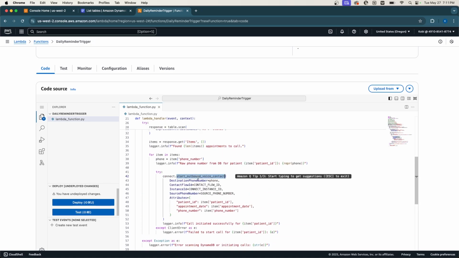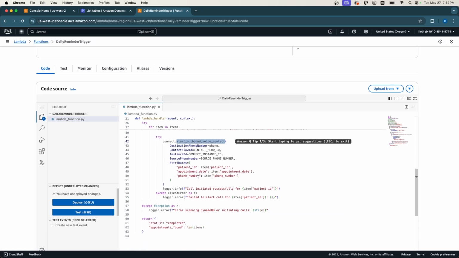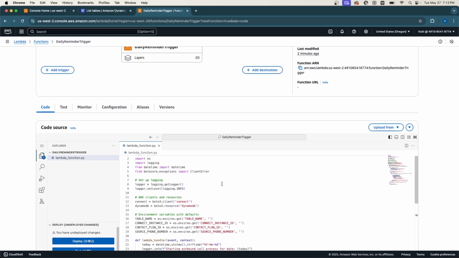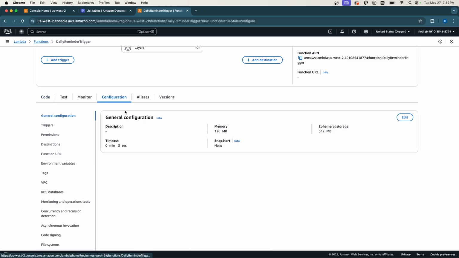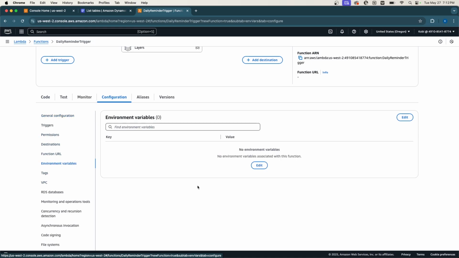Then after that, we use the start outbound voice contact API of Amazon Connect to initiate an outbound call to the patients to remind them that today is their appointment. There are some values that we have to fix in here, that is some environment variables. So I'm going to proceed to do that. I'll click on configuration, and under configuration, I'll click on environment variables. So I'm going to add all those environment variables,